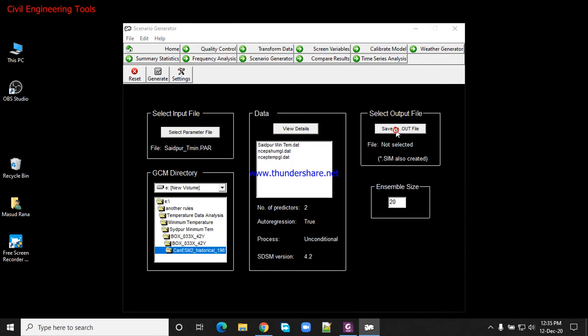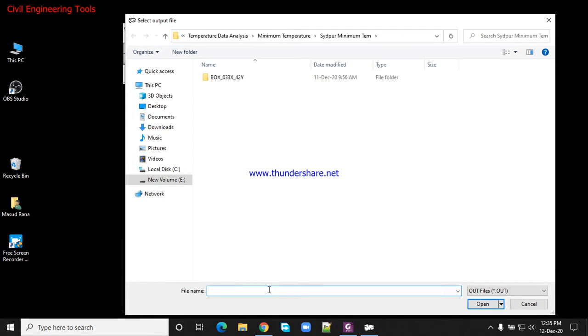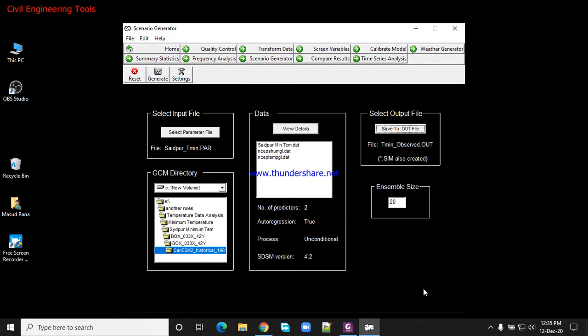Select our output. You can make this name. I write it Tmin temperature. Okay, no problem. Observation. Observed. Okay, no problem. The output file will be created automatically. Okay. Now, notice that first of all,